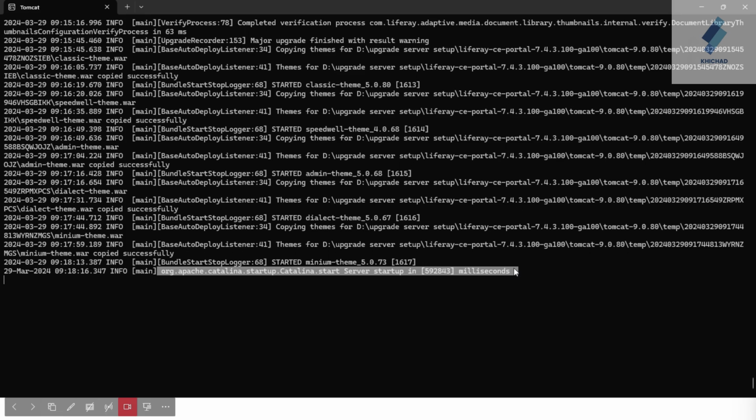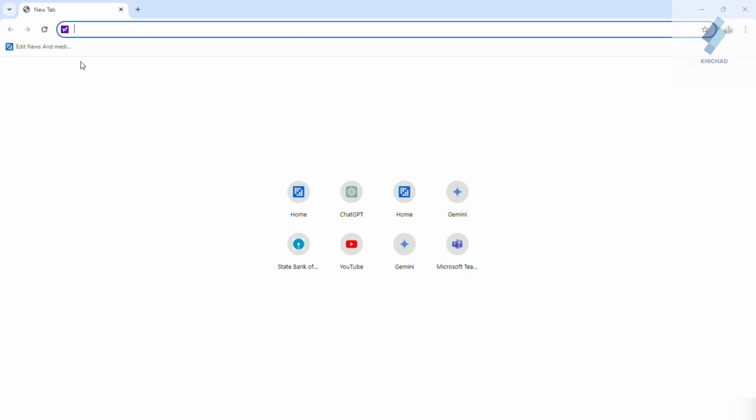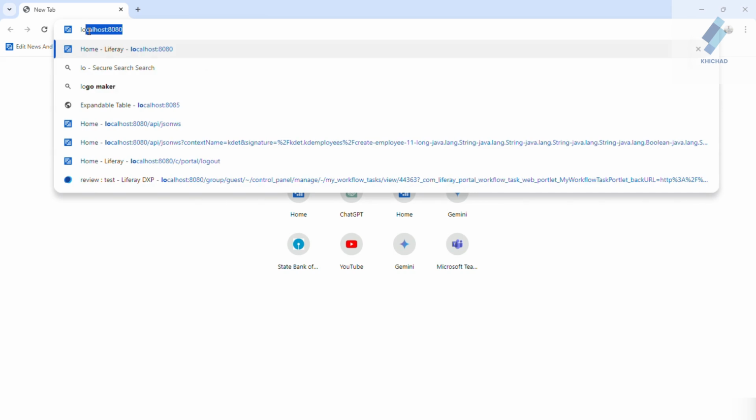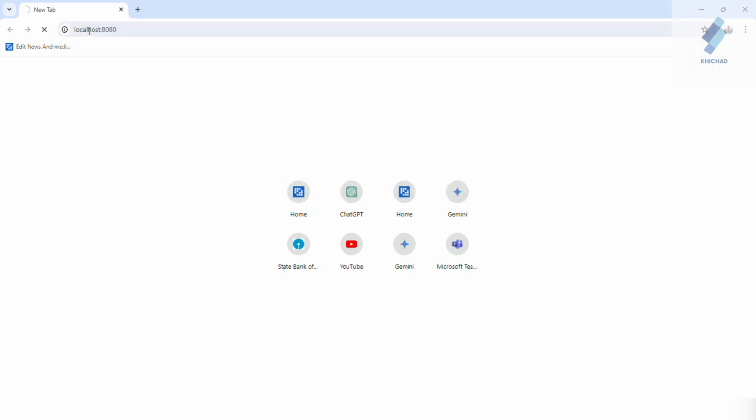So let's move to the browser and verify whether the Liferay server is upgraded or not. I'm just opening and hitting the URL localhost:8080 and logging into the Liferay portal.